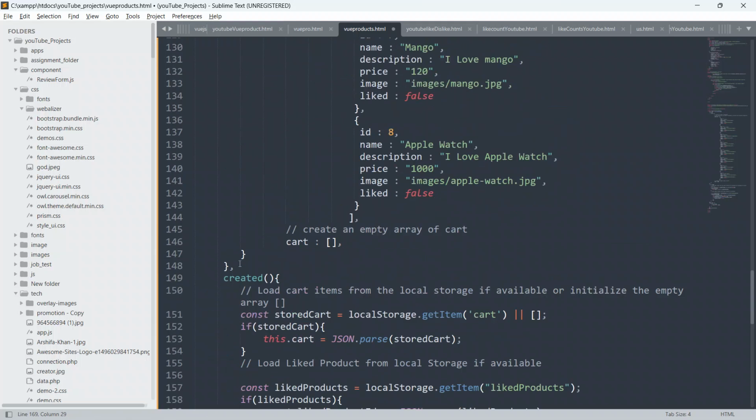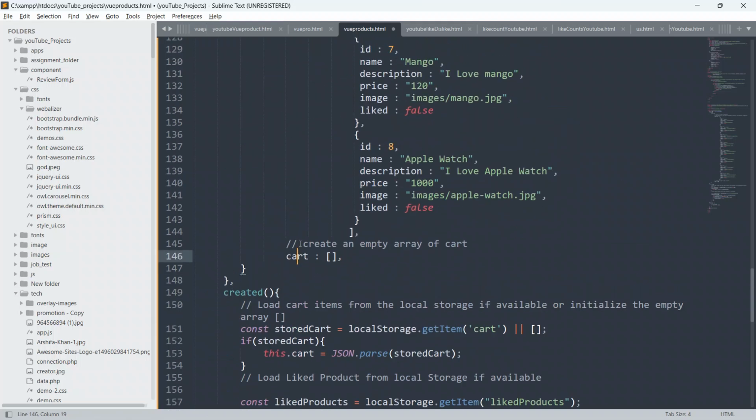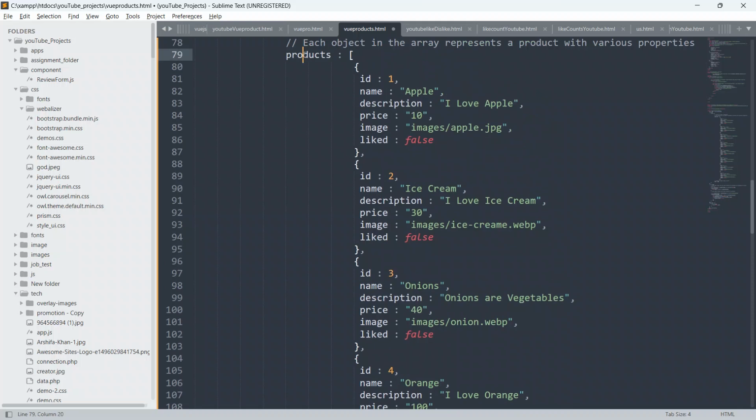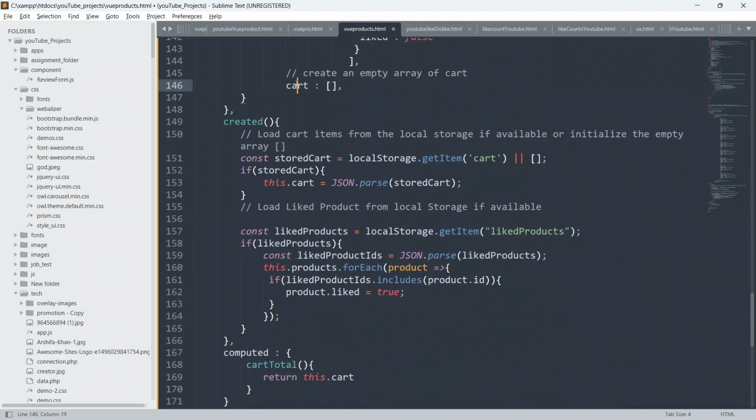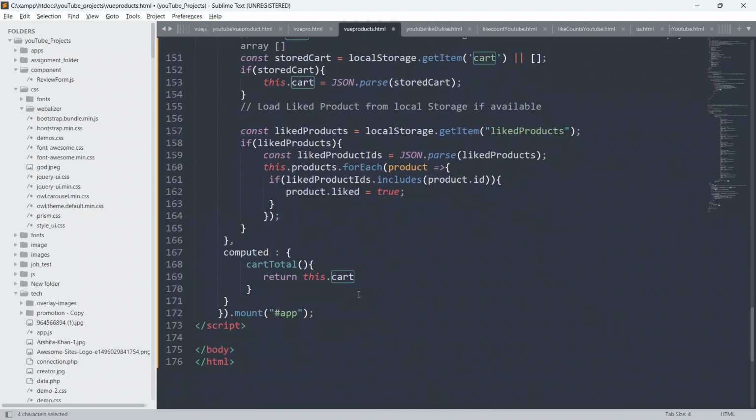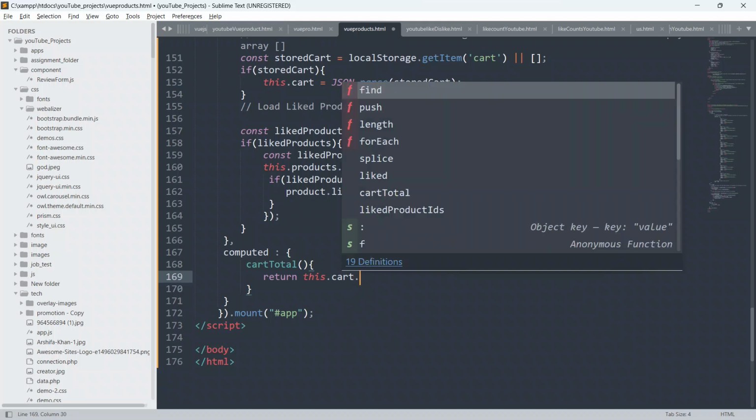So guys, this cart, I already told you, whenever I do this dot products, I will be referring to this products, and whenever I do this dot cart, I will be referring to this cart. So it says this dot cart dot reduce